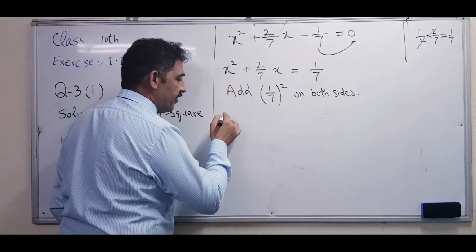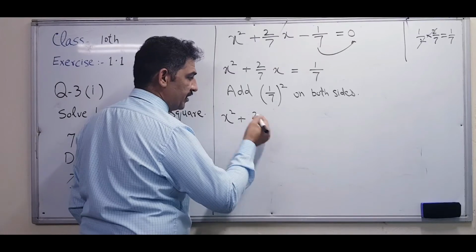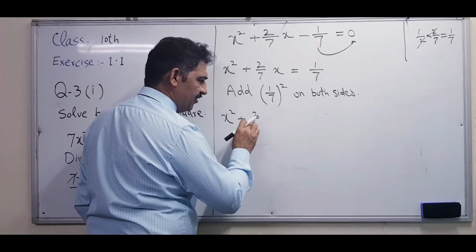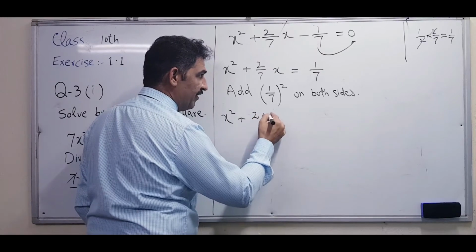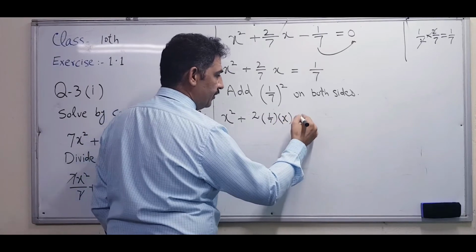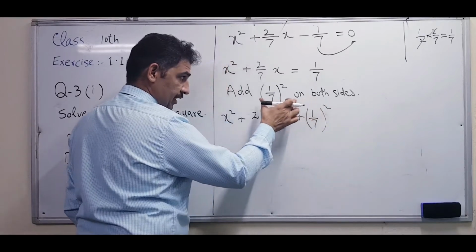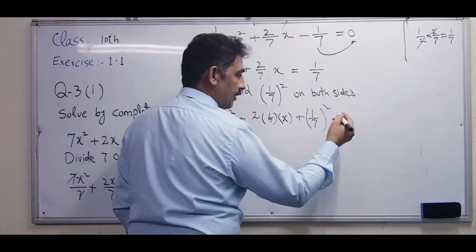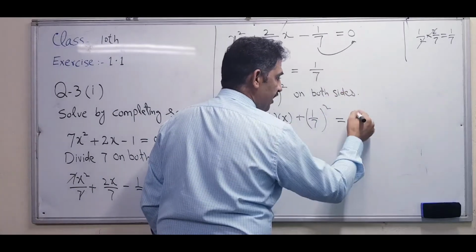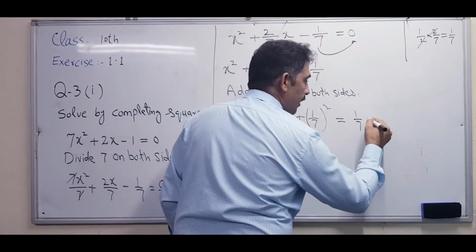So on the left hand side, what will become x square plus 2 over 7? I can write 2 over 7 like that, because I want to make the formula. If 2 over 7, I will write it as 2 into 1 over 7, x plus 1 over 7. This step, where I add 1 over 7 whole square, is the third step. And also this 1 over 7 is given before from the upper side, and plus,